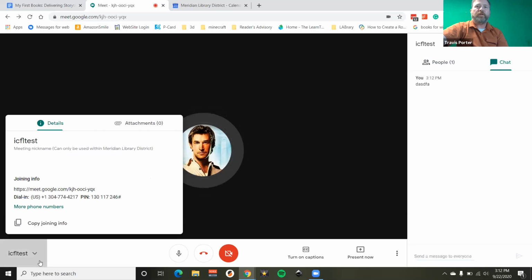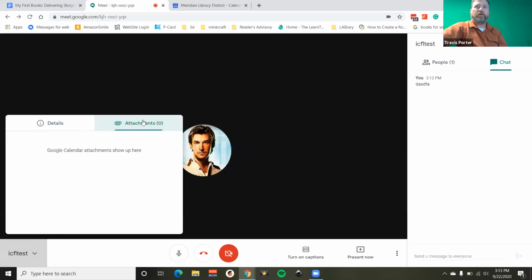If I go down on the lower left, it gives me the ability to copy the information if I wanted to send it to somebody. Again, you can get this from the calendar or from Google Meet if you have something scheduled. So that's how you can send people things. You can also do attachments,